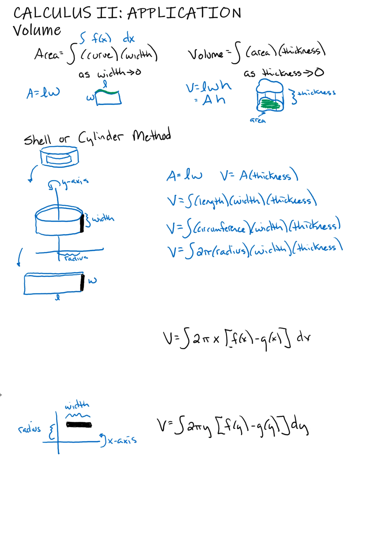If I am revolving about the y-axis, and my little piece that we've selected, our little rectangle, is actually parallel to the y-axis, then we're going to integrate with respect to x,